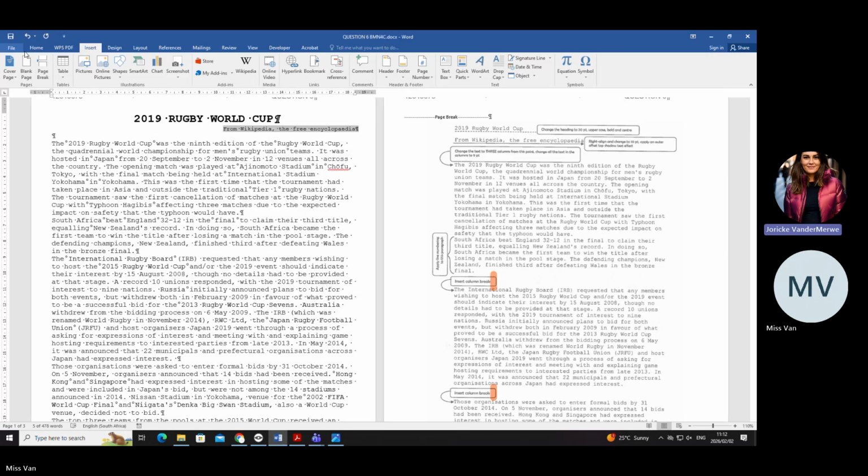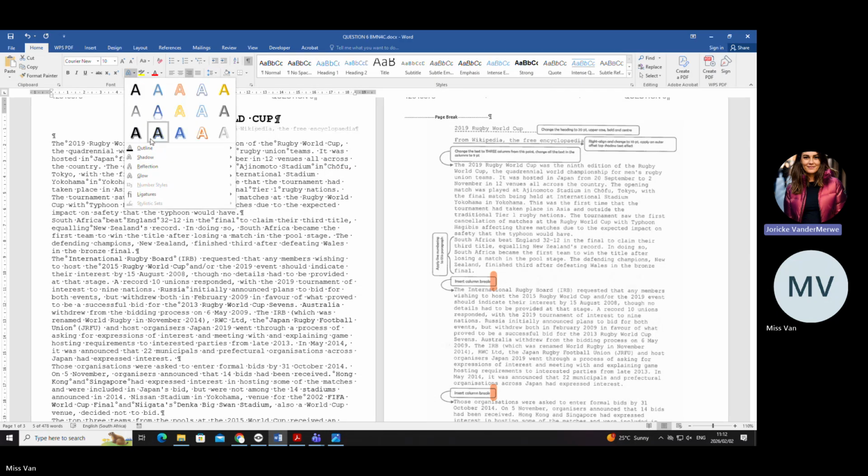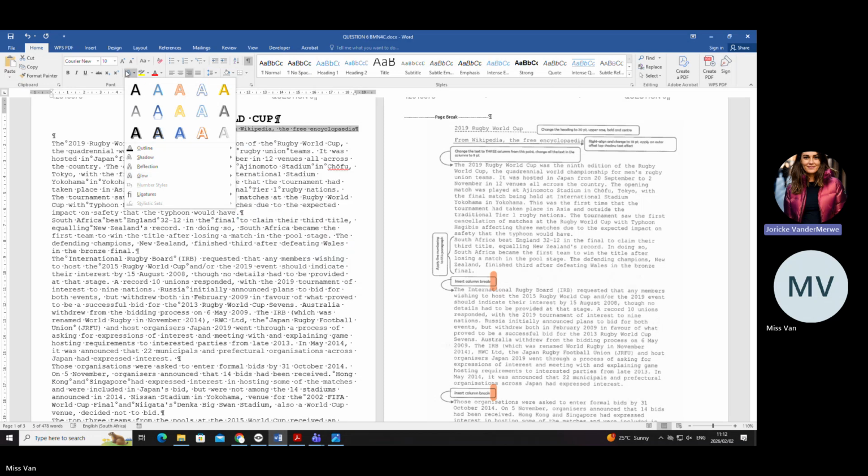So if they're talking about shadowing or outlines, I will show you in a moment, then you know it's this little A here. When you click on that arrow, can you see there's shadow, reflection, glow? If you see any of those words, you must go to the home ribbon and click on text effects. Okay, let's read. It said it must be shadow.